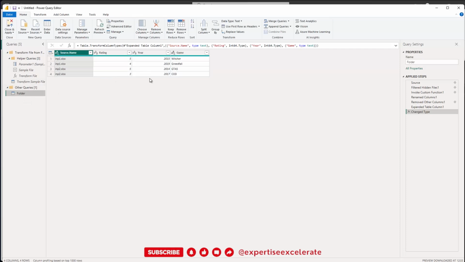sample file, the transformation was done and the files were combined. So this means that if the file we choose for the transformation using the From Folder option does not contain all the columns, then of course the columns which are not included in the sample file will also not be included when we combine them using this transformation. Now in our case, of course, we could argue and say, well, we have the second file and this contains drinks, so we could have chosen the second file, which is true, you're right, but